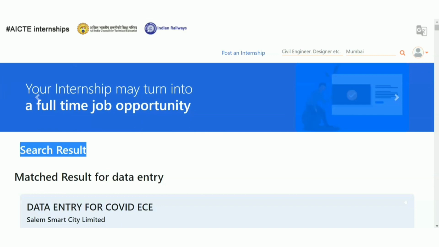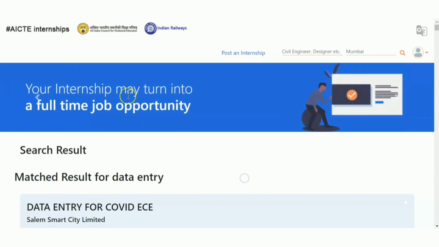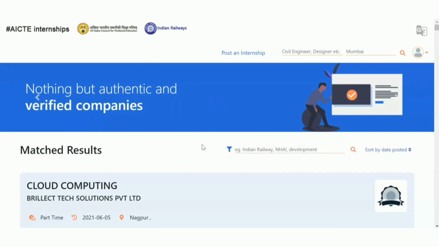Okay. So a lot of openings are there, whether you're looking for a part-time job or interested in doing an internship, you can always look for new openings on this site. Please do register on this site. Please do see the openings available and check the site regularly. And if some opening is favorable to you, you can apply for it.